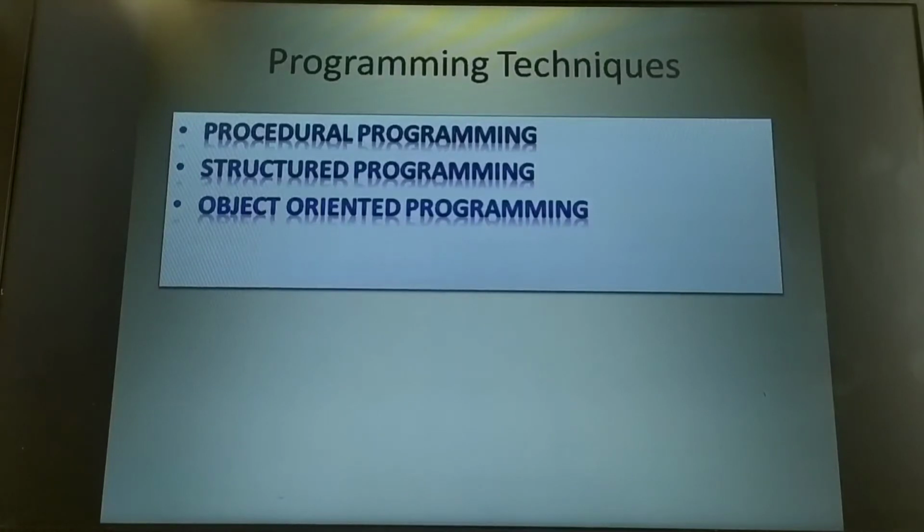As they mainly focused on the procedure, the length of the program increased. For example, a program that has to perform 5 different tasks like arithmetic operations, trigonometric operations, logical operations, relational operations, and bitwise operations, all these 5 different tasks had to be written in a single program. And procedural programming made use of jumping statements like goto statements, where the control would jump from one step to another.